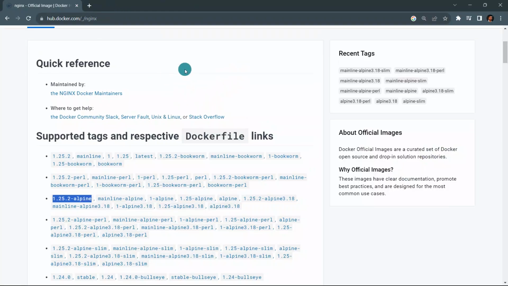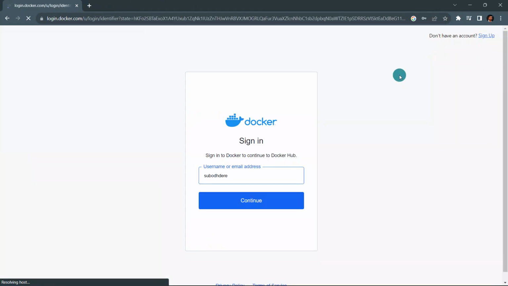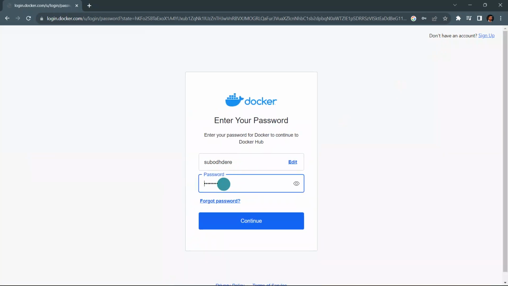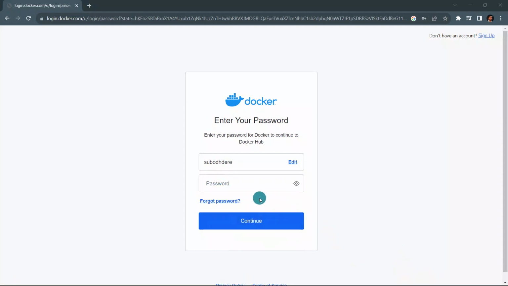So let me go to Docker Hub and sign in. I already have an account on Docker Hub with the username Subodh Dere and the password